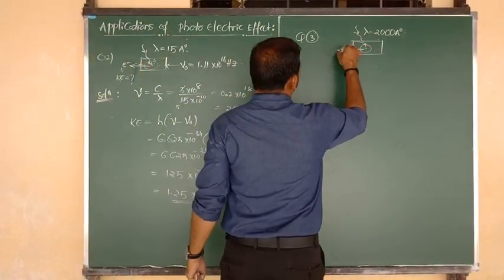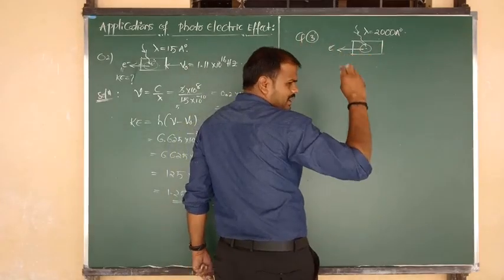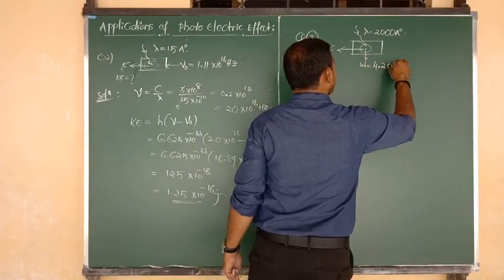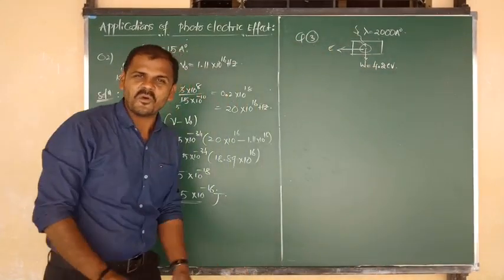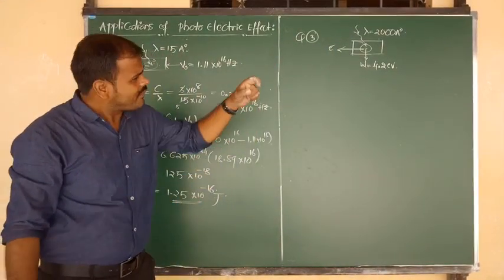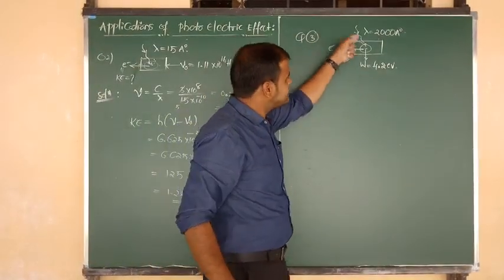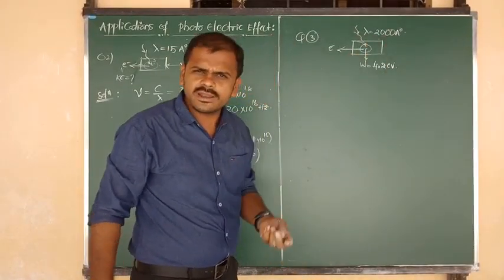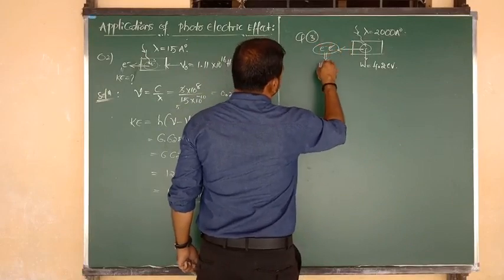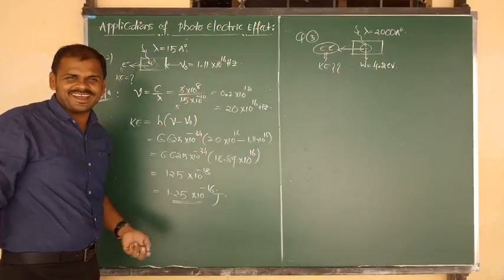From that metal, suppose electrons are going to be released. For the removal of an electron you require a certain amount of energy, that is known as work function. So the work function value they have also given, suppose 4.2 electron volt. That means from that surface of metal, for the removal of an electron we require how much energy? 4.2 electron volt. But the incident wavelength is how many angstroms? 2000 angstroms. So again, the released electrons contain what amount of kinetic energy? Three different cases. Okay?